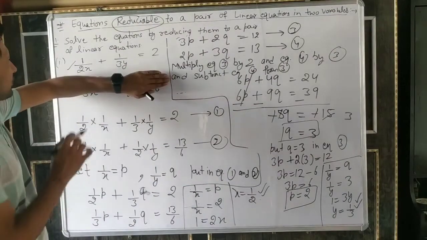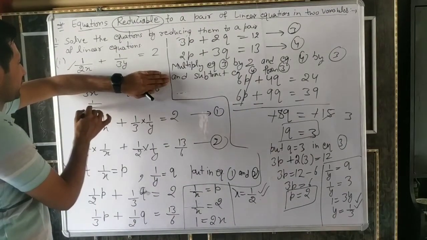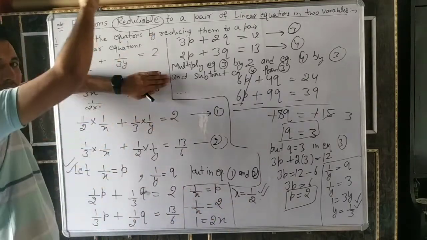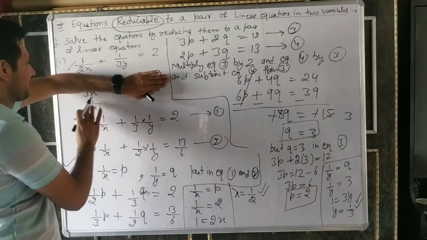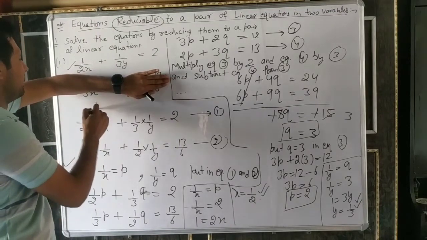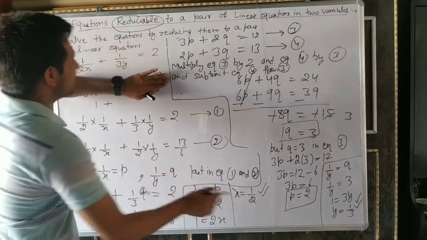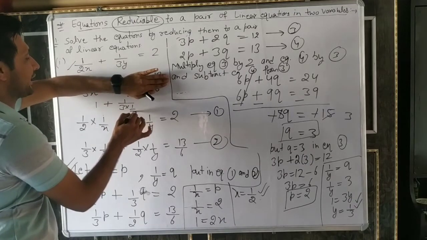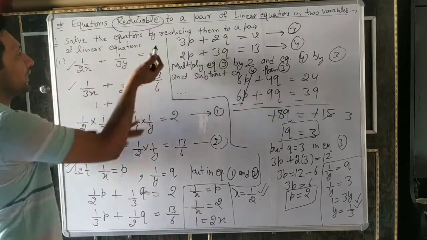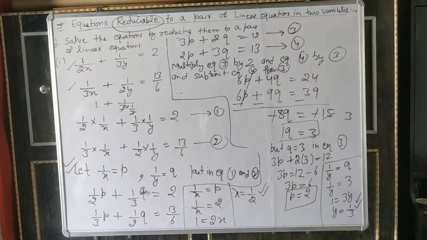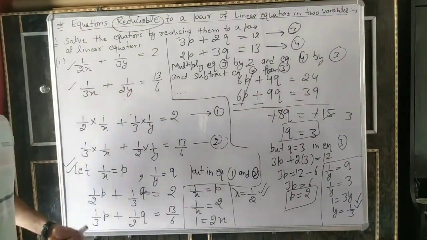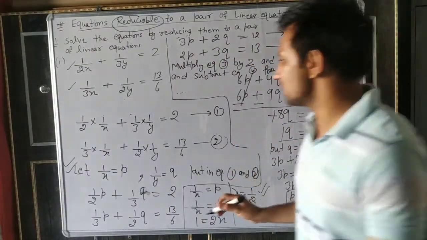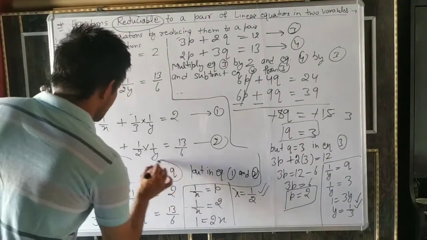In equation 1, 1 upon 2 into x. X value is 1 upon 2, on the other side 2 will go in the numerator. Understand? So it becomes 1 plus y is 1 upon 3, 1 upon 3 into y value 1 upon 3. 3 cancels 3, it remains 1. 1 plus 1 is 2. Yes, our equation is satisfied. It means our answer is right. Understand? Dear, you have to remember this step. It is very important.